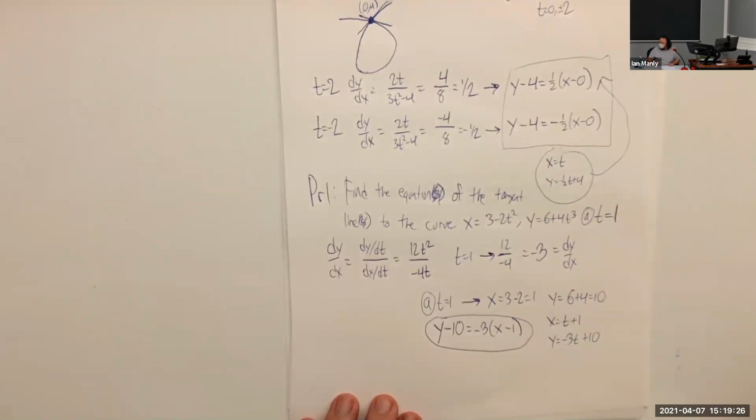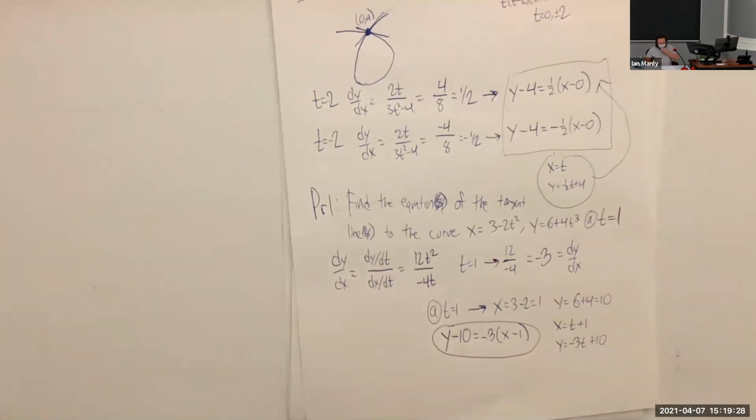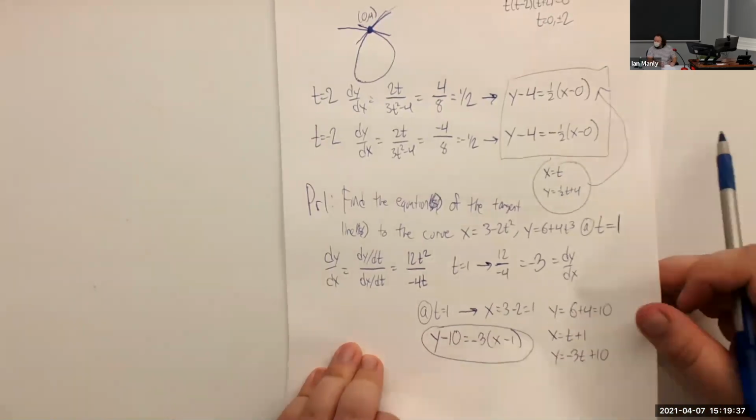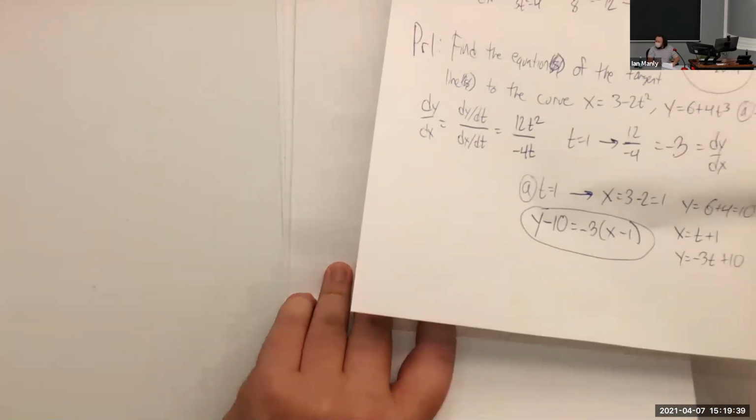Did they give that as an option? Okay. Yeah, I guess they wanted the parametric for this one. I should change that though, because I don't think I said that. No, I just said find the equation. I guess it could be either way. All right, anyways, so what we're going to do now is we're going to compute the, oh, can I explain